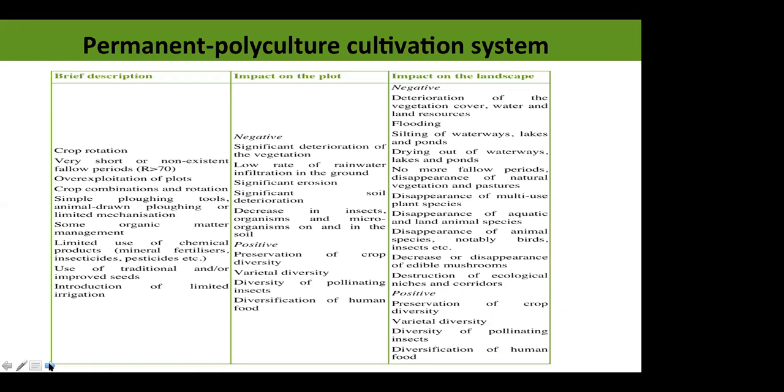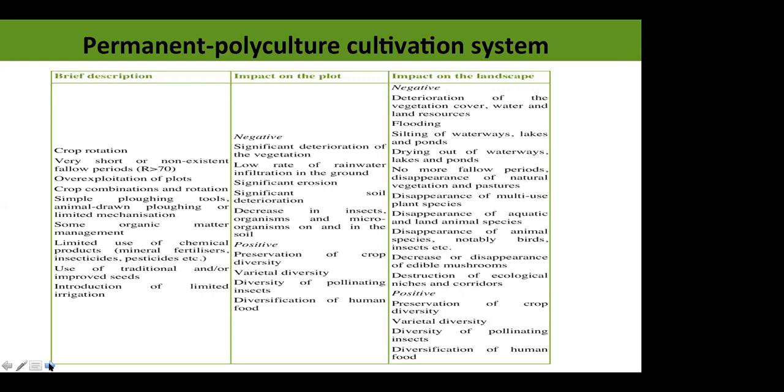And it's going to take time, some years, for such vegetation to build up again. So you are totally destroying the natural ecosystem that is there. Then there's flooding. If you're not careful, flooding will take place in such land. Then there's silting of waterways, lakes and ponds, drying out of waterways, lakes and ponds, no more fallow period. The fallow period has disappeared, and the disappearance of natural vegetation and pasture, because now we are clearing the entire